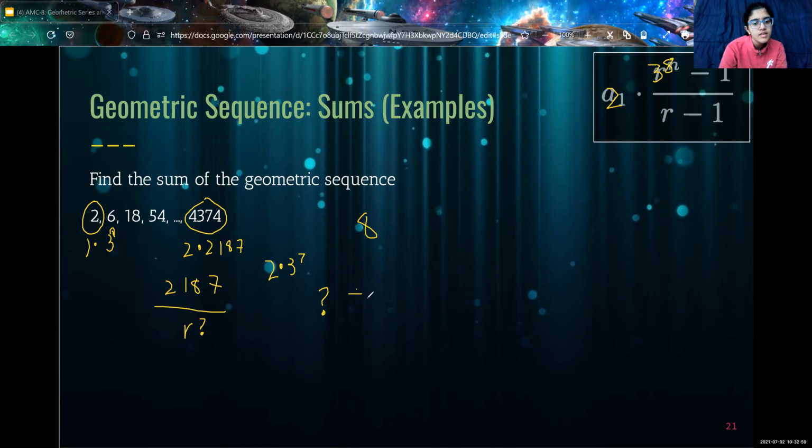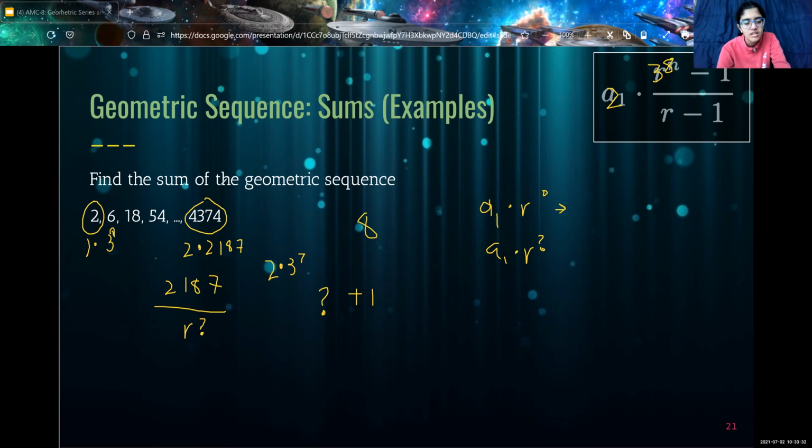The reason for this is because we're counting from A1 times the ratio to the power of 0 all the way to A1 times the ratio to the power of question mark. And if we don't add 1, we aren't including that r to the power of 0, so we have to add 1 to the question mark to find the number of factors,